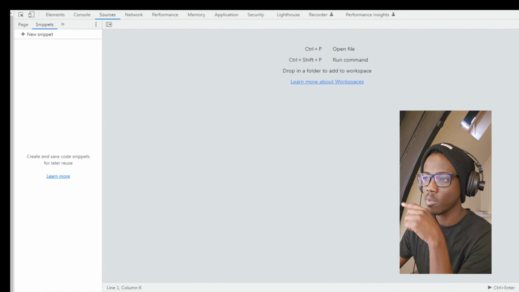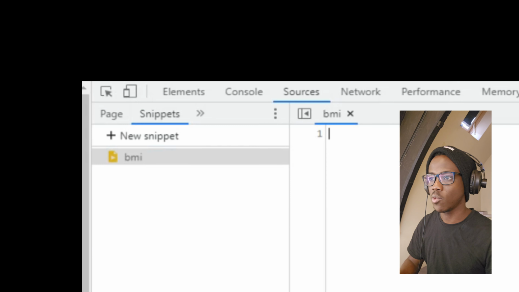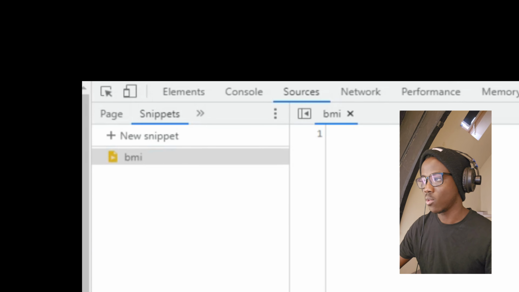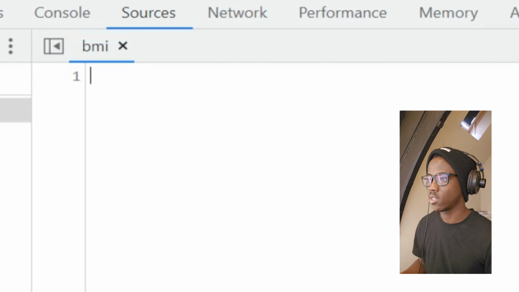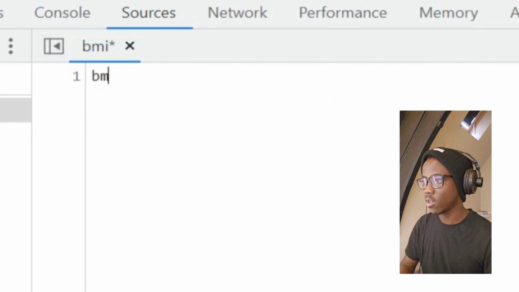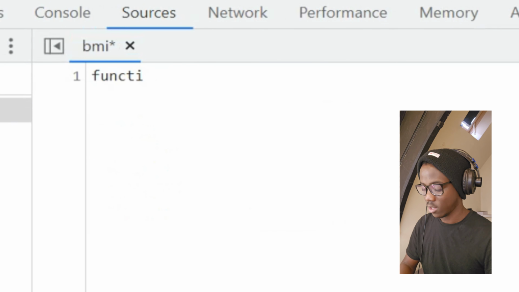So the first thing I'm actually going to do is create a new snippet, right? Then I'm going to give it a name called BMI. The BMI is going to calculate the body mass index for a person. So I'm going to create a function, right? A function named BMI